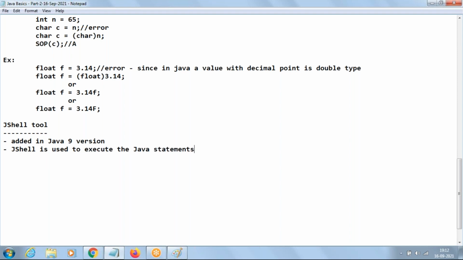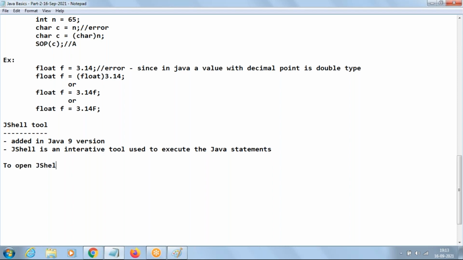JShell is an interactive tool used to execute the Java statements. How to open JShell?